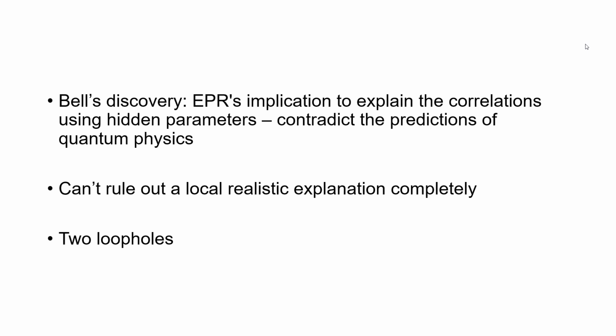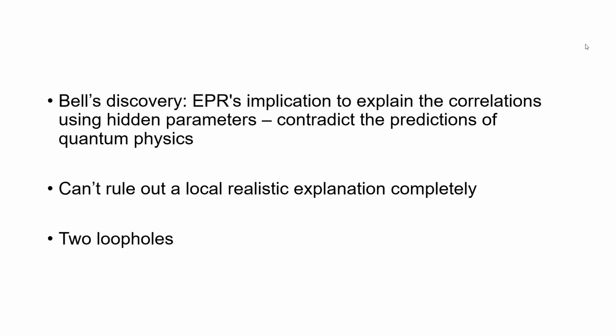After Bell's discovery that EPR's implication to explain the correlations using hidden parameters would contradict the predictions of quantum physics, a number of experimental tests have been performed. All these experiments confirm that the predictions of quantum mechanics are right. However, from a strictly logical point of view, they don't succeed in ruling out a local realistic explanation completely due